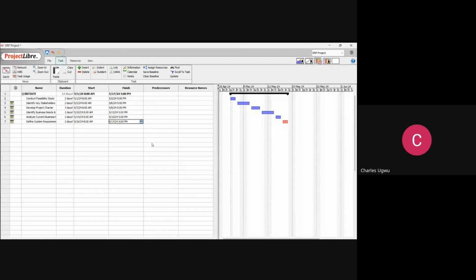So now you can see how we've started planning this. So for now, we don't have any resource people here. And now you can see,